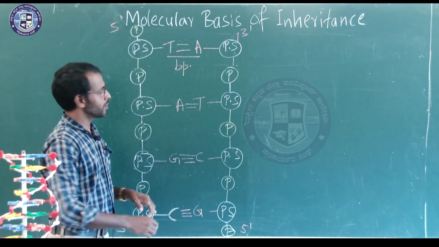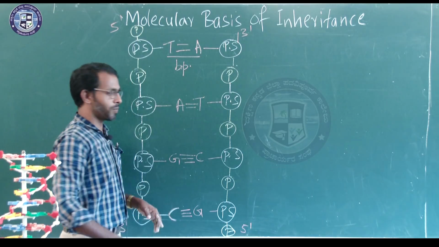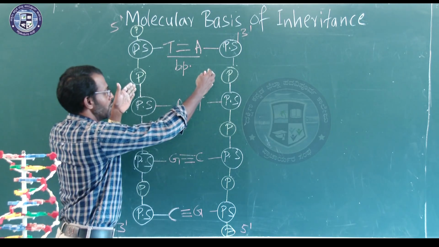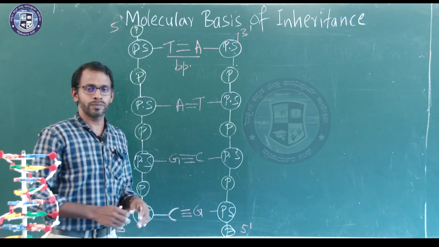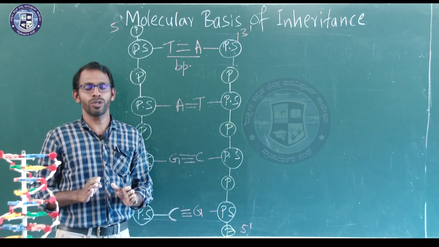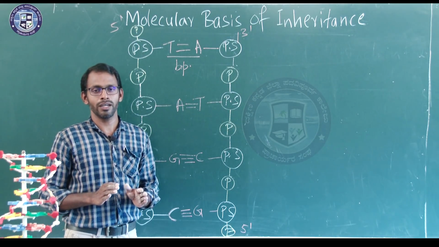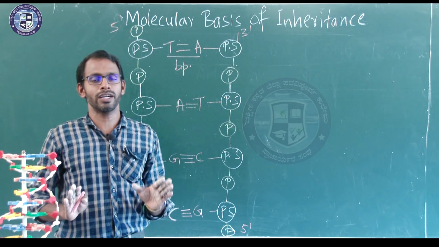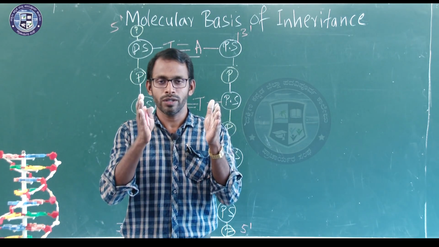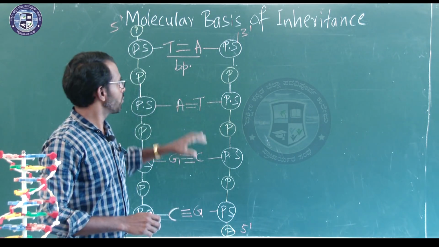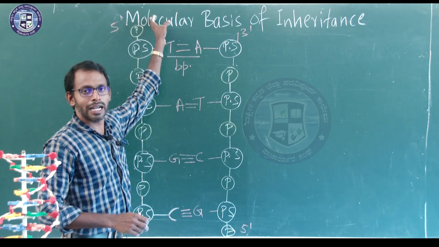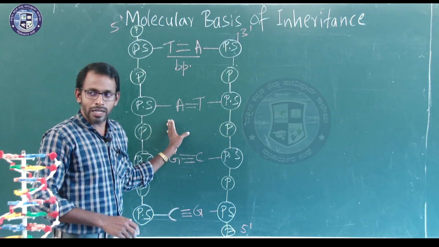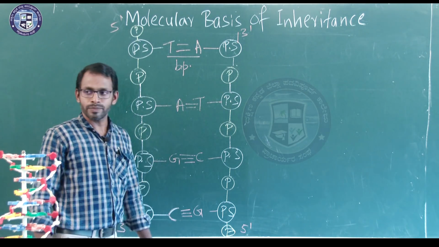As a result they have formed base pairs, the nitrogen bases of 2 anti-parallelly running complementary polynucleotide strands, and hence finally the structure of DNA became a double stranded structure. That is the first information given by Watson and Crick in their double helical model. Okay, now it is not final. Now it looks like a ladder.